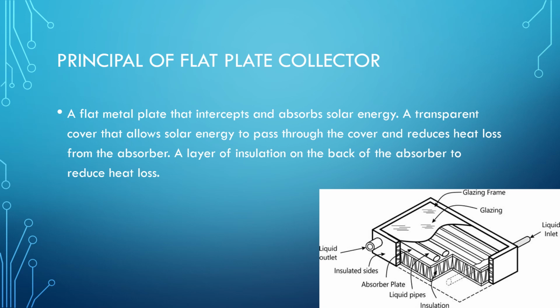We have the block diagram here to see the principle of flat plate collector. You can see the liquid outlet at the side of this flat plate collector. We have insulated walls, absorber plates, liquid pipes, insulation and all. We have a glazing frame too on the flat plate collector. Liquid inlet we have. These are all from the block diagram of flat plate collector. Moving to the next slide,